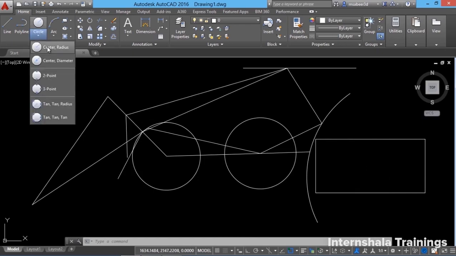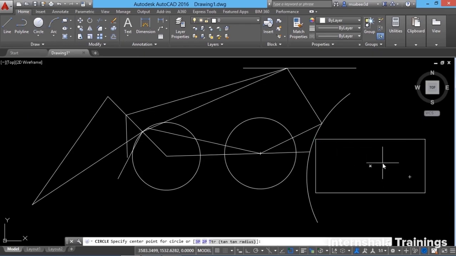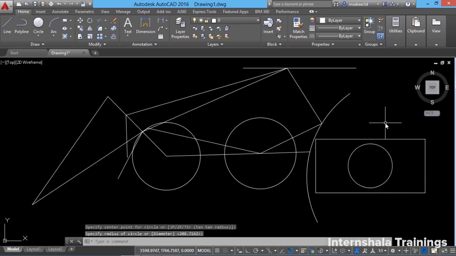So I'll click on the circle command and take center radius option. The moment you bring the cursor onto the rectangle, the geometric center is identified. This particular symbol represents the geometric center. Then just click there, the center is identified, and you can drag to specify radius. The same option can be used to get the geometric center, which we call as a centroid of any irregular